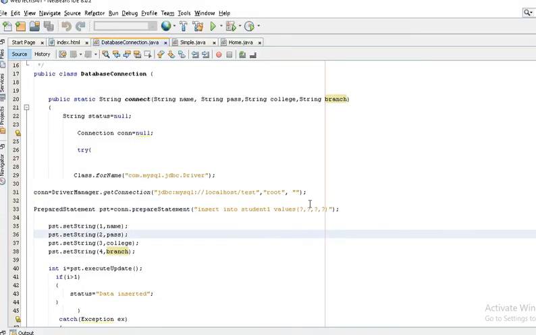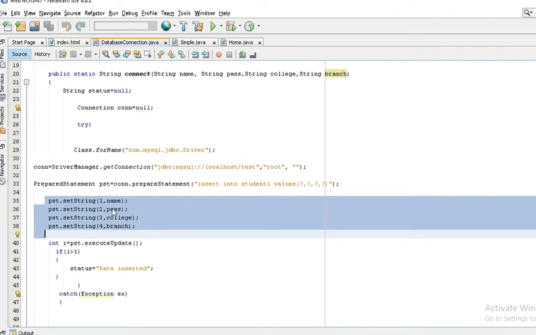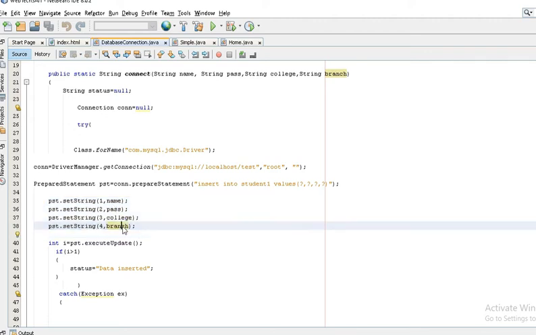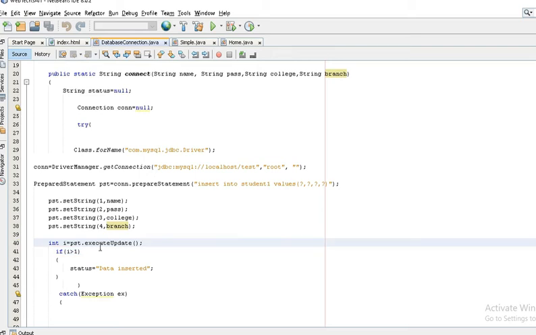We have already seen the student table. There are four fields we have taken: name, password, college, and branch. This is the part to set the values inside the database. Using the prepared statement method, executeUpdate returns a numeric value.